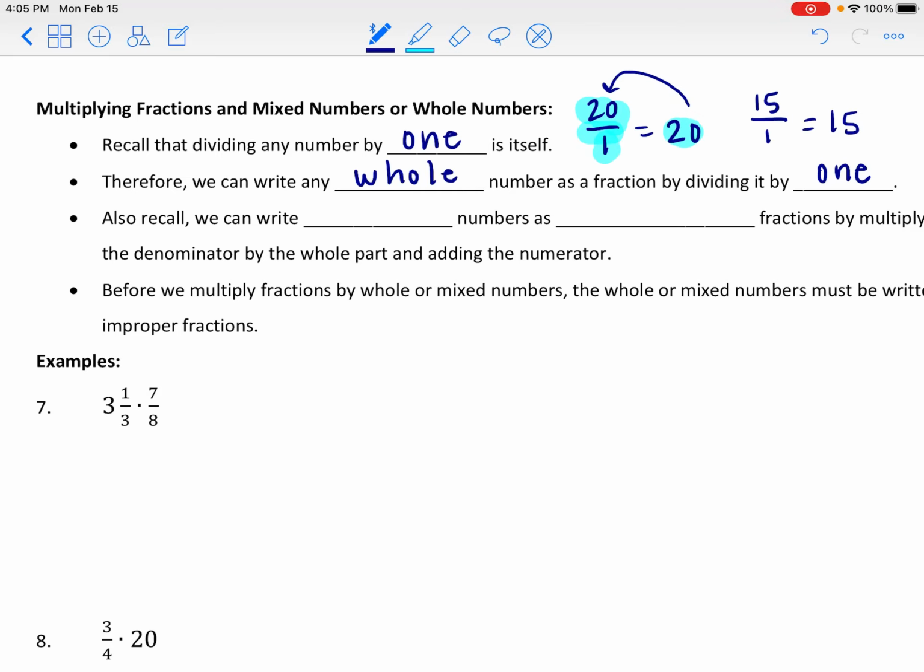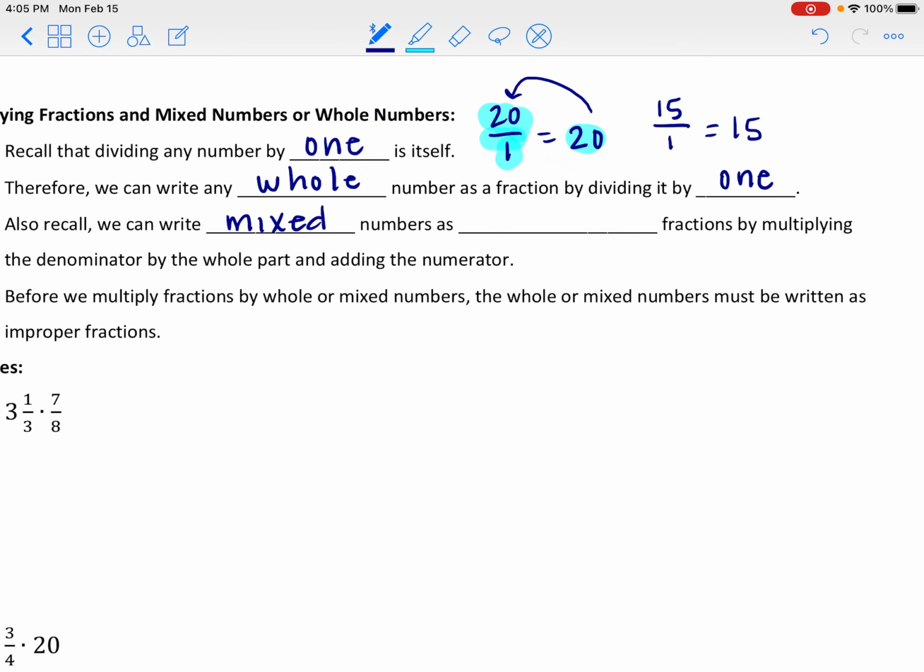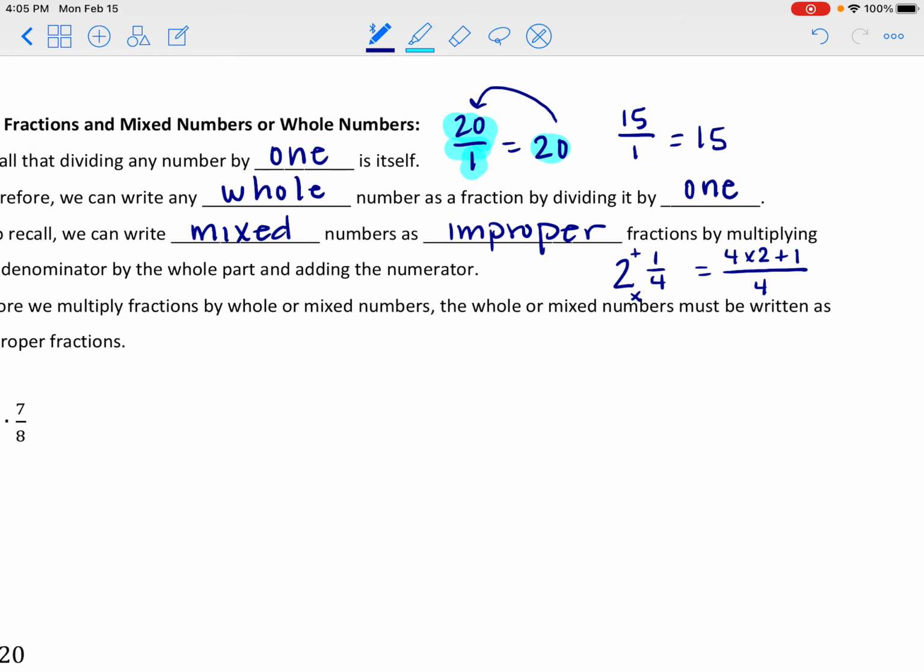Also, we know how to take mixed numbers and rewrite them as improper fractions. Do you remember how to make a mixed number an improper fraction? So for instance, if I had 2 and a 4th, I can make this an improper fraction by multiplying my denominator and the whole number part to make 8, and then adding my numerator. So 4 times 2 makes 8, plus the 1 is my new numerator, and my denominator stays. So this ends up being